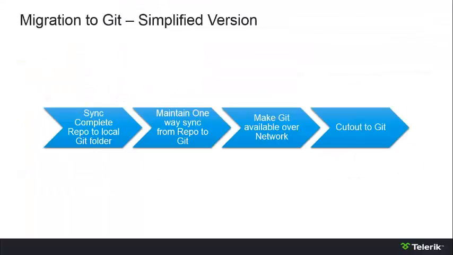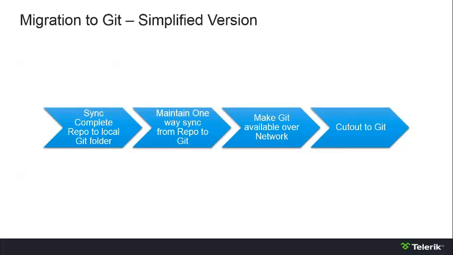Finally, if you're looking at migrating from your current source control system to Git, this is a very simplified version of how to do that. First, get a copy of your entire source control files into your local system, convert it into a Git folder, and then keep maintaining a one-way sync from your original repository to the Git repository. While people continue to work on the source control they're currently using, you'll just be doing a one-way sync from whatever is happening there